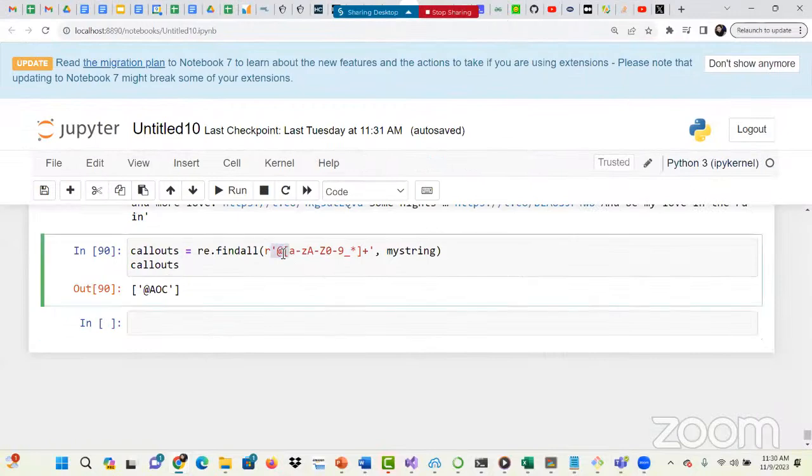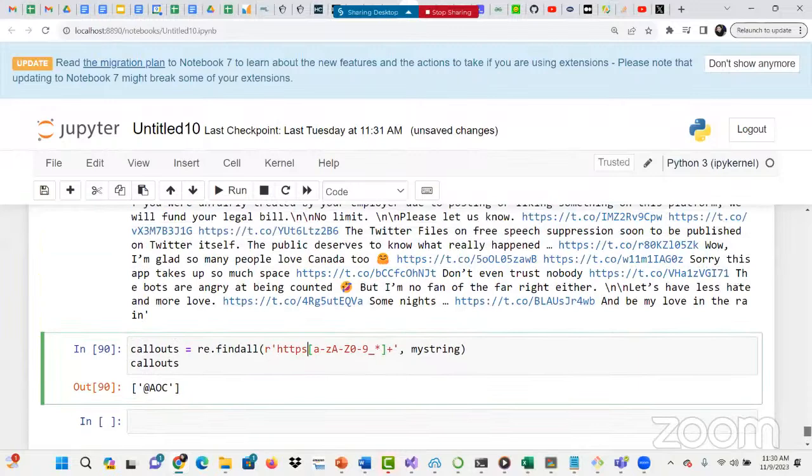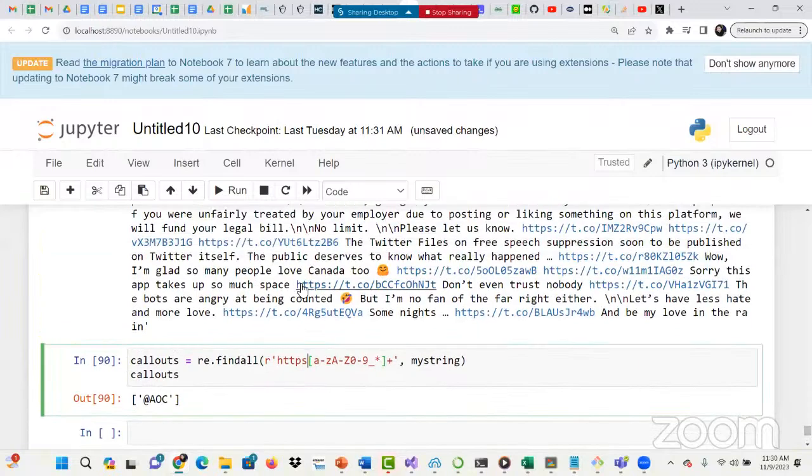So we want to change this one to HTTPS. We want to find all these HTTPS URL links and see what kind of website he cites the most. So what we can do here is